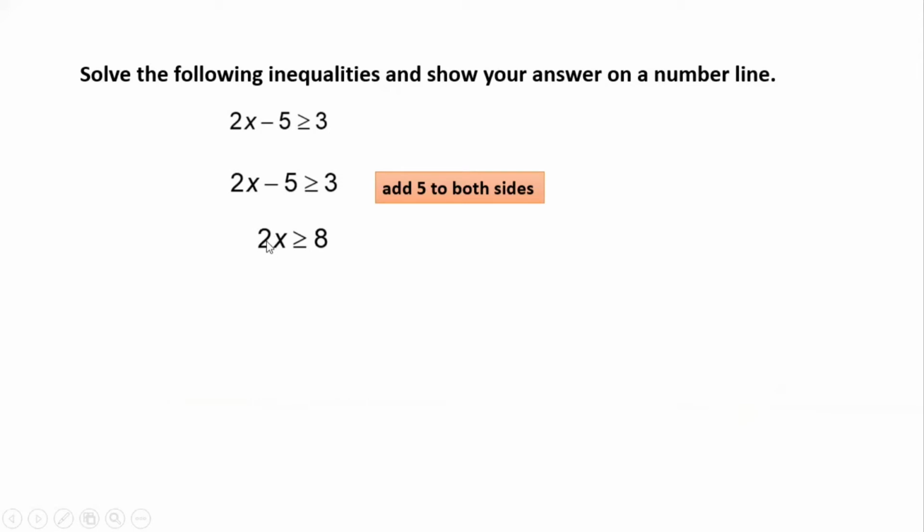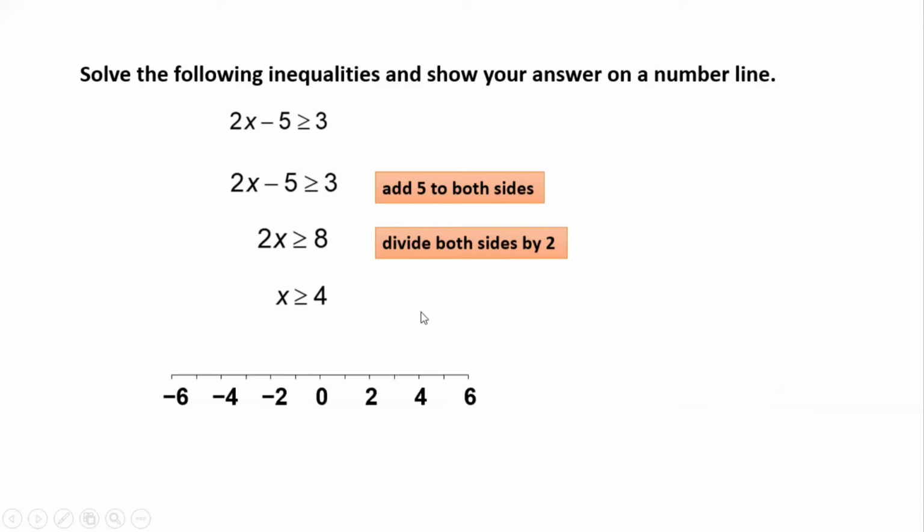Now we have to get rid of this 2. So we'll divide by 2 on both sides. Dividing by 2 on both sides, 2x divided by 2 is x and 8 divided by 2 is 4. Let us represent x is greater than or equal to 4 on the number line. Since it is greater than or equal to, at 4 we are going to draw a closed circle, a darkened circle, and x is taking the values which are greater than or equal to 4. So these are the values it will be taking, including 4. Got it? So it will take 5, 6, 7 and all those values.